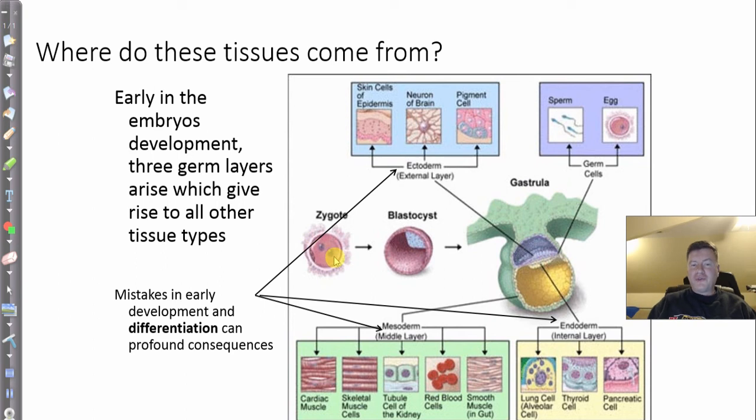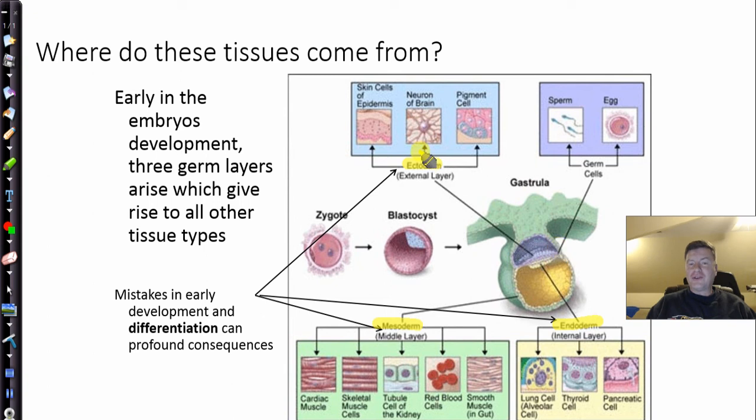A zygote formed by the sperm and the egg will go through a series of cell divisions, and you see a blastocyst, which is a stage of early embryonic growth. We get to the gastrula stage, and then we start seeing these tissue layers called germ layers form. You see this term's a little hard to read here: the mesoderm, endoderm, and ectoderm. Why we show this is that even at this very early stage, you don't have eyes and a heart, anything of that organ nature, you form these